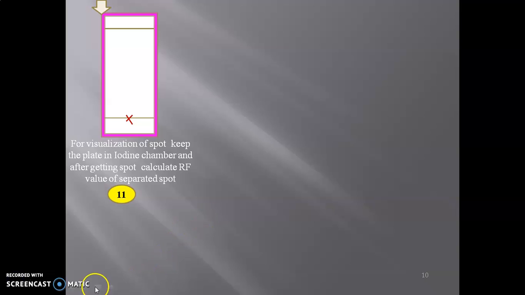There are two methods for the evaluation of the spot, qualitative and quantitative. In qualitative evaluation, you simply determine the RF value and compare it with the standard, whereas in quantitative evaluation there are two methods: one is direct and the second is indirect. In the direct method, the quantitative determination is undertaken directly on the layer, whereas in the indirect method, the substances are removed from the adsorbent and then determined after elution.